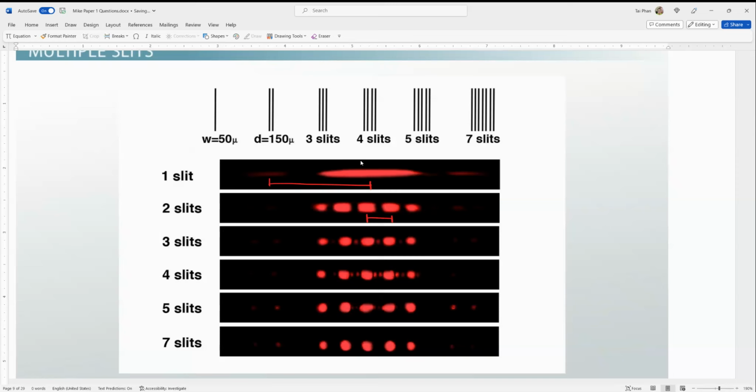Okay, so in conclusion, when covering one slit, we have this kind of pattern, which means it has a wider width for the central maximum, and also fewer maxima. We have only three maxima here, not as many as in the second pattern for the double slit. Okay,